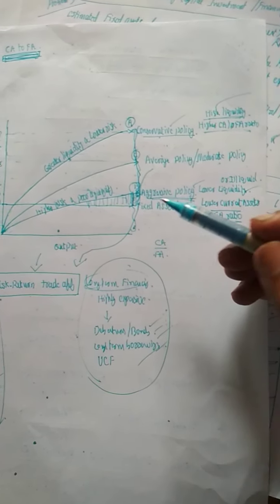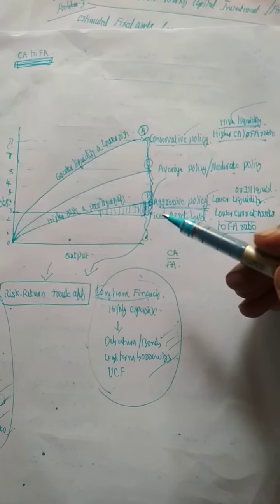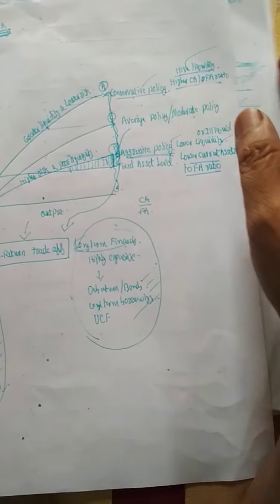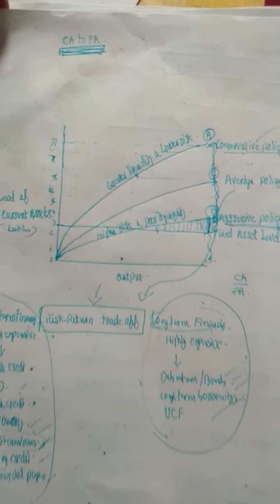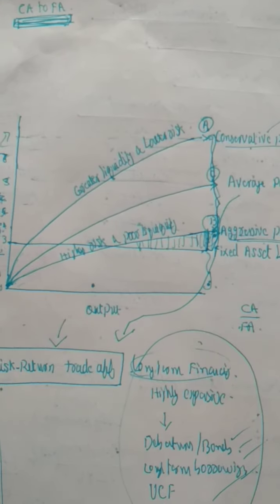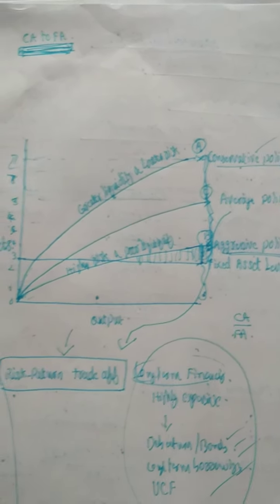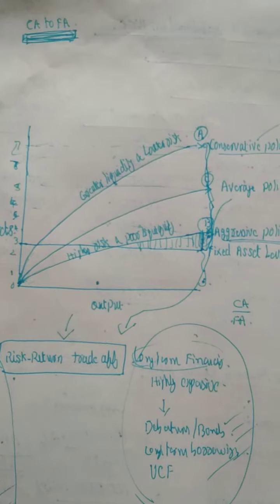That is what we are studying under the working capital management fourth problem. So this is all about the conservative policy, aggressive policy and average policy adopted by the organization and changes in the net working capital, return on equity capital or the working capital leverage position of the organization.